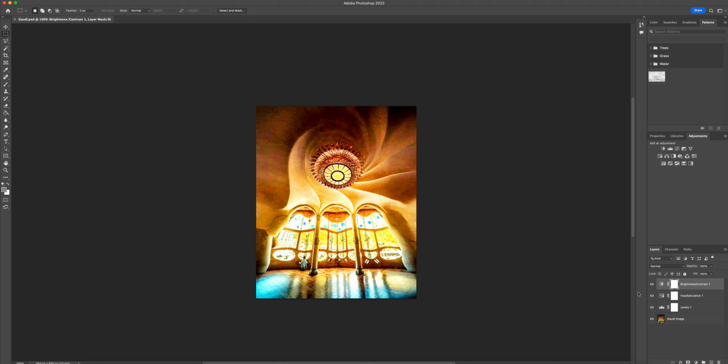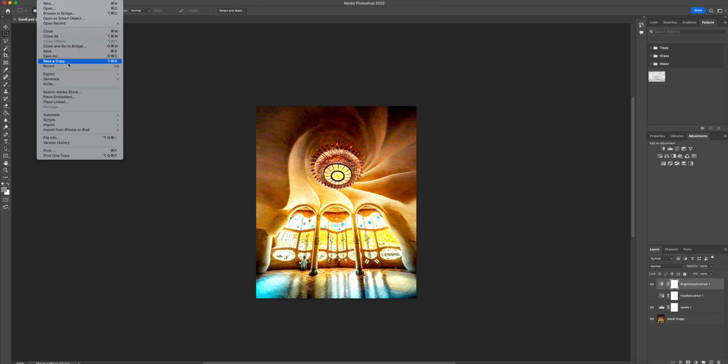So sometimes I just want to send an image to a client. I want to send an image to turn into my homework. What you're going to do in that case is you're just going to make a copy of this image as it looks right now in this state. Now I could turn one of these off, for example, and I could save a copy of this in its current state. And you can simply do that by doing File, Save a Copy,